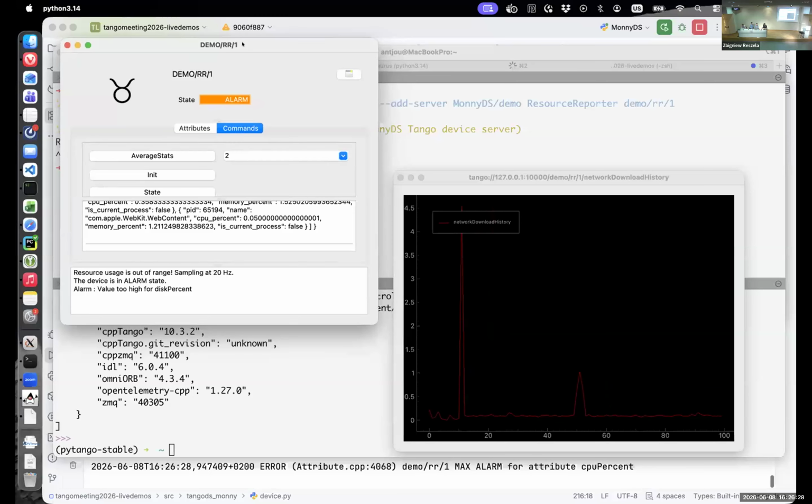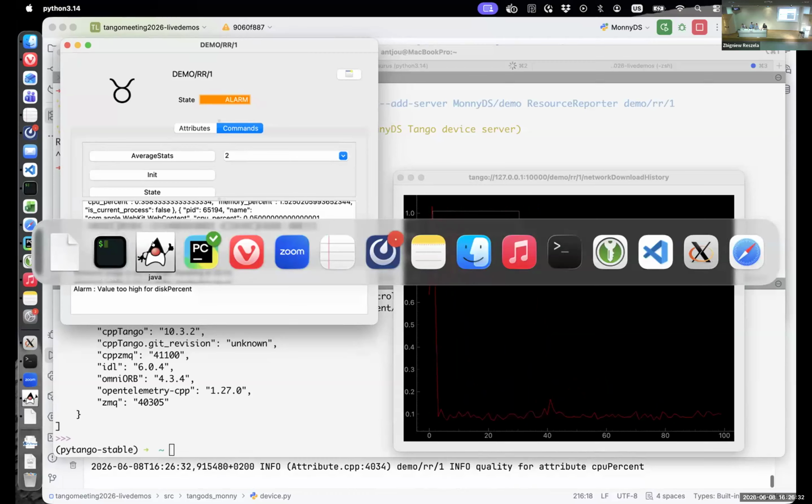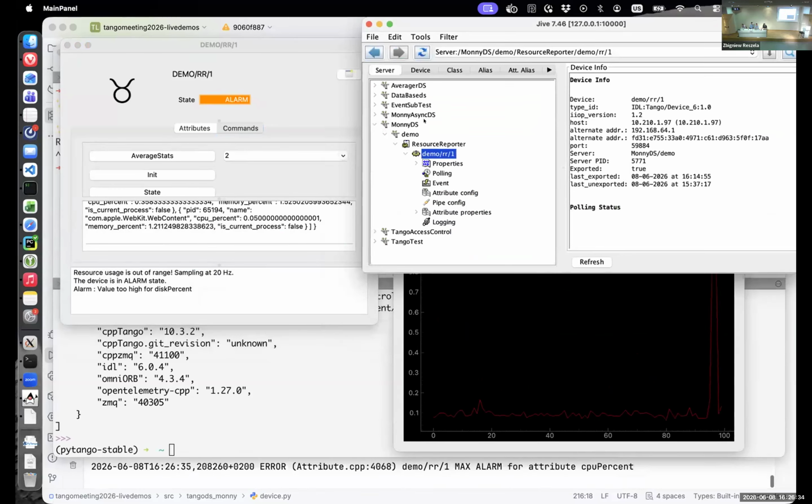It could be because Taurus GUI is blocked waiting for that response, or it could be because it's not getting any updates. If we send the